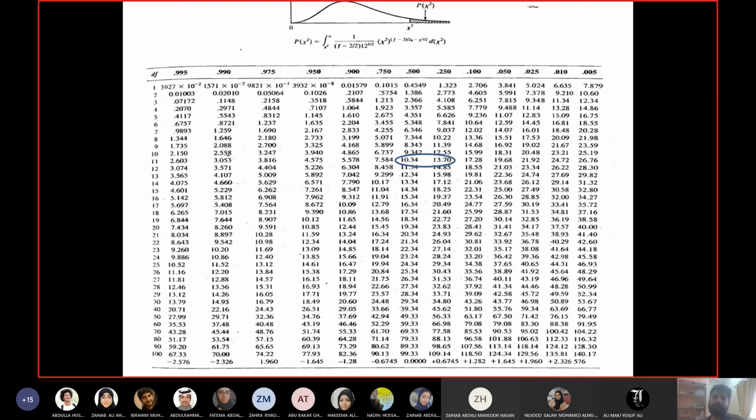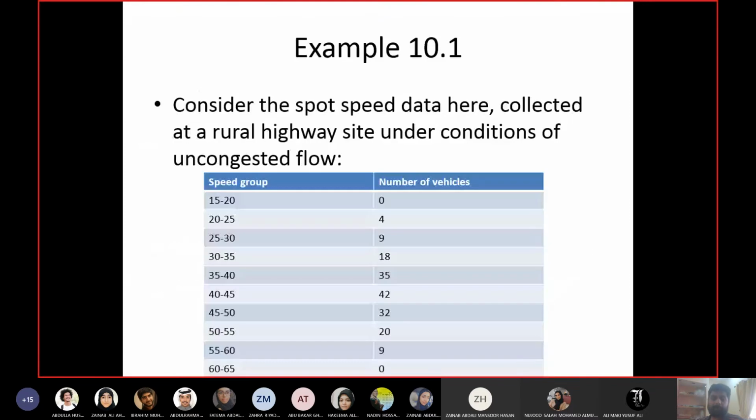So at least have 5 groups. Even after merging, if you have to merge one group, even after that you have at least 1 degree of freedom. So the number of speed groups should be at least 5, and more is better. Like in this case, we had 17. We did some merging. We are left with 14, which is still enough. So when you are making the number of speed groups, make sure you have at least 5 or more. So you have to keep that in mind.